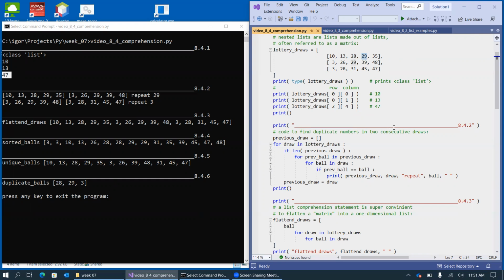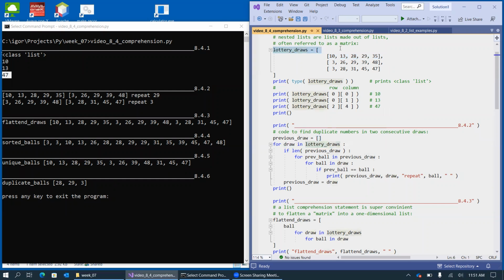So my first idea was, if we have these repetitions, then we need to be able to compare the current draw with the previous draw. This is why, when I put this together, it is not using comprehension. However, I thought this would be a good example of using for loops in our discussion. So I came up with the idea of a previous draw, and I use it as an empty list to begin with. Then I say for a draw inside the lottery draws,